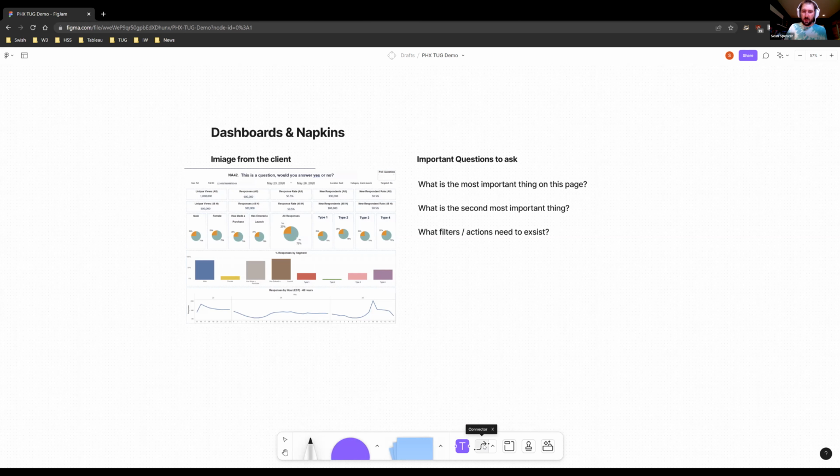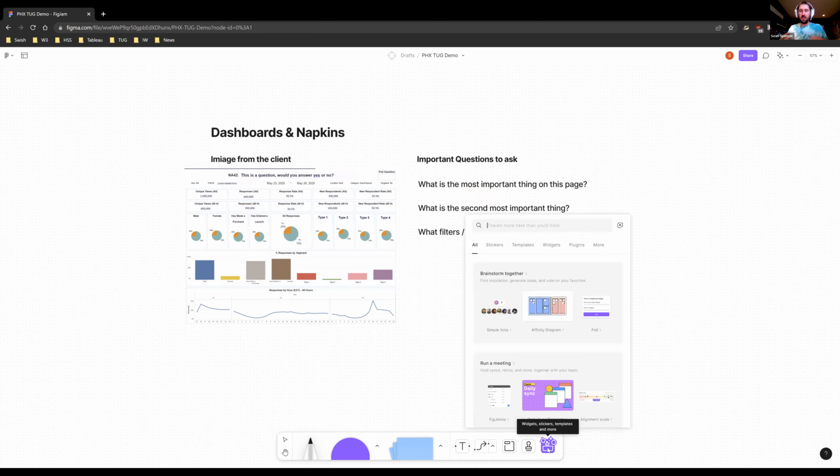There is a text box option. You can draw lines or connectors between things that have different ending types. They have a sections feature, which I really like and we will use for this exercise. They have some stamps, so you can throw down little emojis on things you like or dislike. Heart eyes is always a great one. And they have a handful of extensions you can download and install.